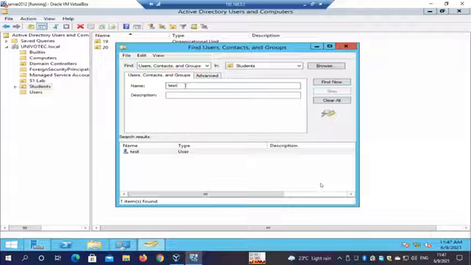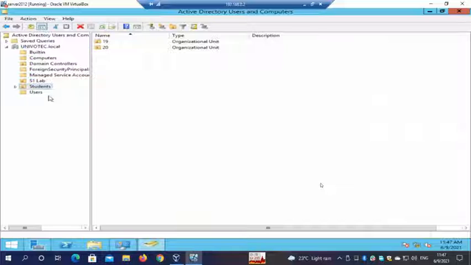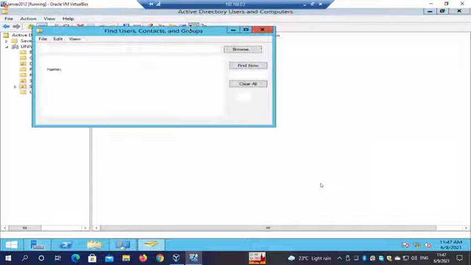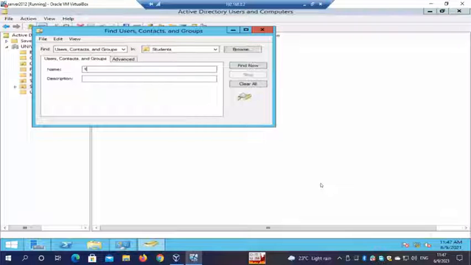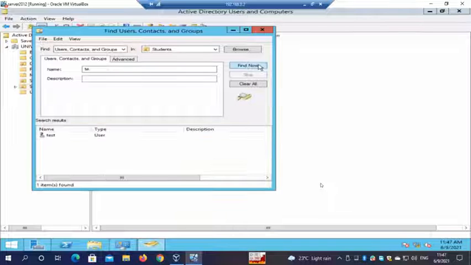Otherwise here you have to give the username. If I type something which is not there, definitely I cannot find it. Okay, it shows. It actually shows even if I don't type it fully.